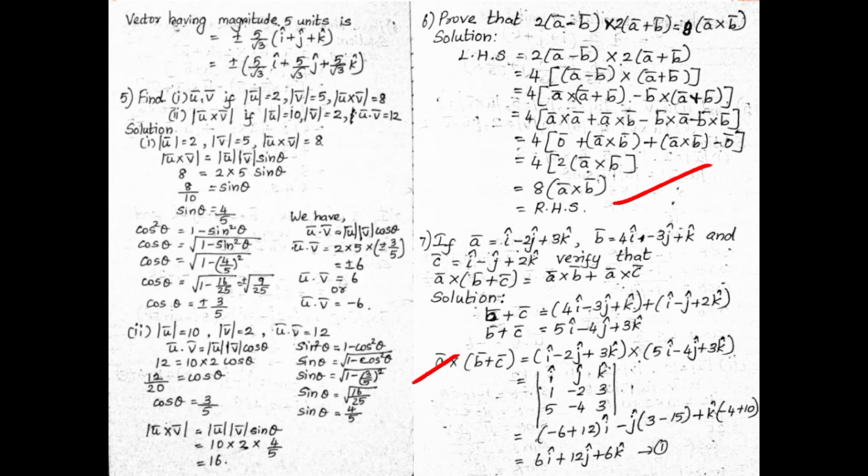Okay, so first find out b vector plus c vector, which is equal to 4i minus 3j plus k in the second bracket plus i minus j plus 2k. So b plus c vector is equal to 5i minus 4j plus 3k. Then a vector cross b vector plus c vector is equal to cross product of a vector and b vector plus c vector. Write down in the first row ijk, then the second row coefficient of a vector, and in the third row coefficient of b vector plus c vector. Solve the determinant, so we get 6i